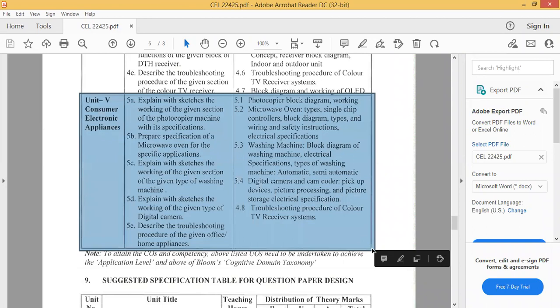Then unit number 5, consumer electronic appliances. Photocopier is the first consumer appliance that you have to learn. Photocopier, block diagram, working principle, microwave oven, types, single chip controller, block diagram, types and wiring safety precautions, electrical specifications